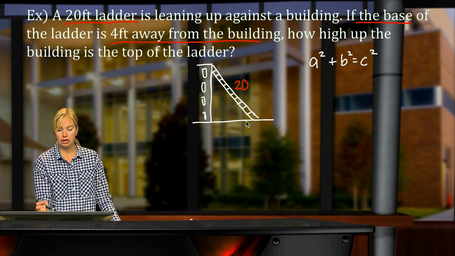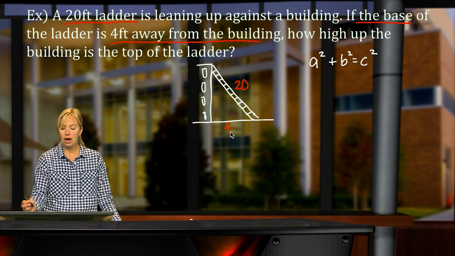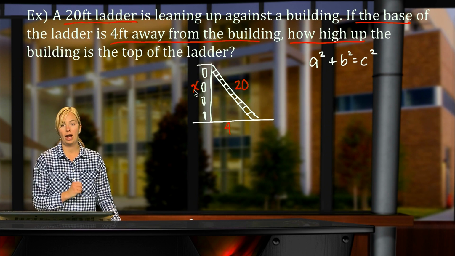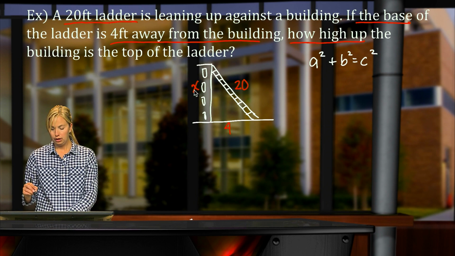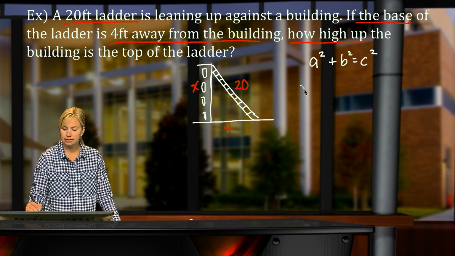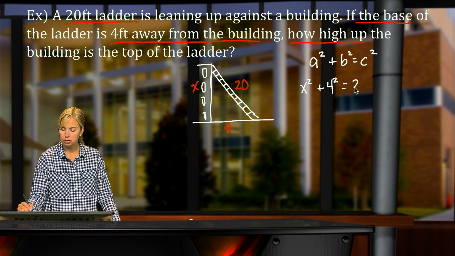It is 4 feet away from the building, which gives me that value. And then they want to know how high up the building is the top of the ladder. This is our x. So substituting these values into the Pythagorean theorem, we've got x squared plus 4 squared equals